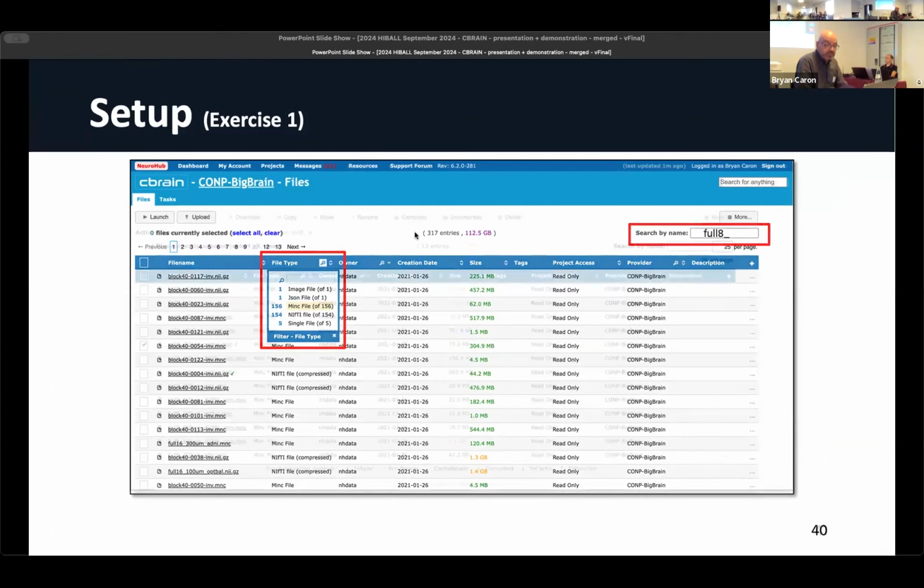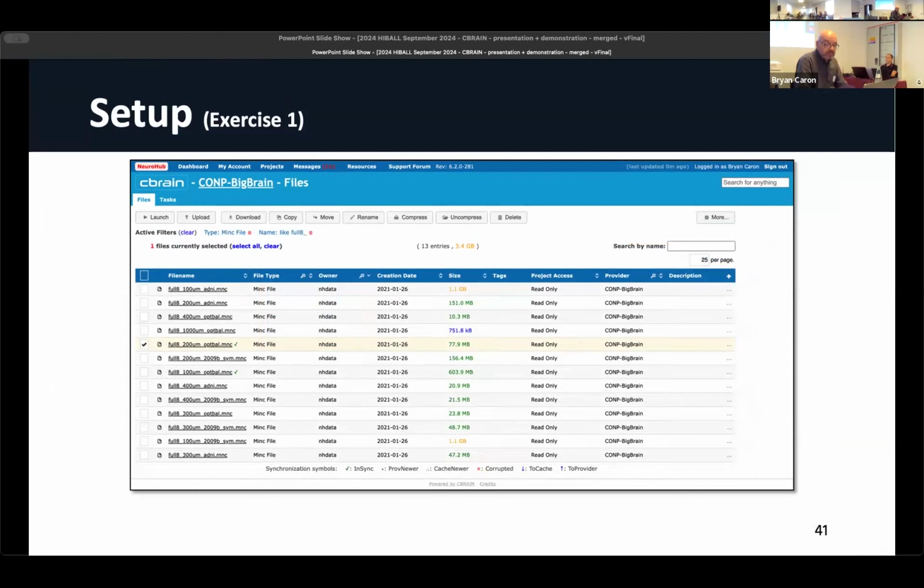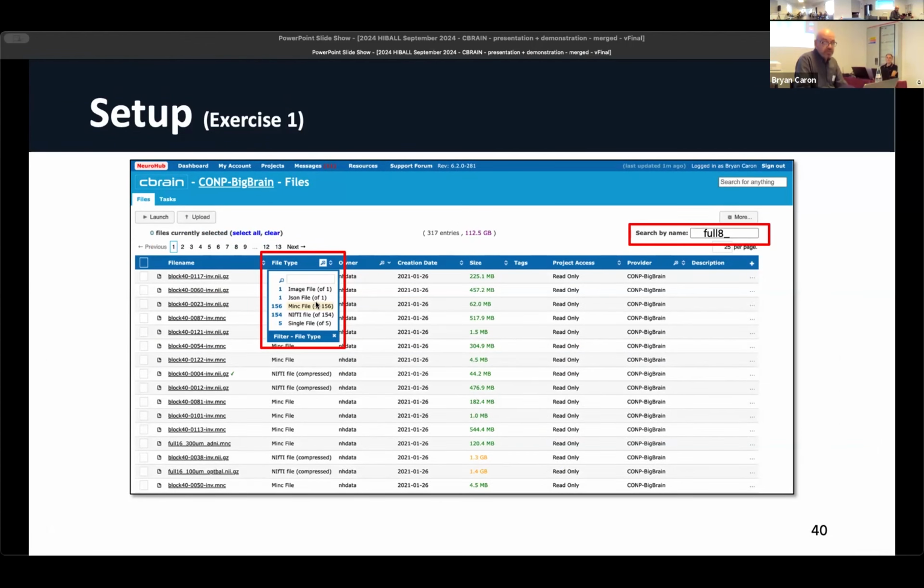And what's the main file? It's just the one format, just a particular data format structure within that. You can see there's other ones which are NIfTI, MINC, depending on the particular choice of how the information is packed in the file. But what we're going to do is, further within CBRAIN, you have the ability to also do what are called filters. So using the selection of file type is one type of filter, okay? With the BigBrain data, you can also then do other searches within this, again, using the search box.